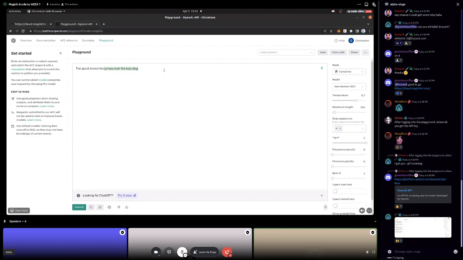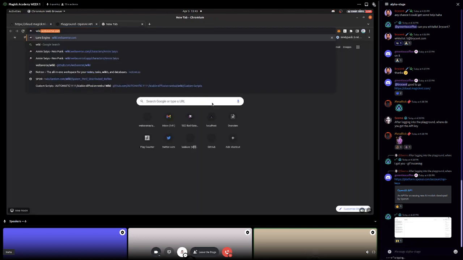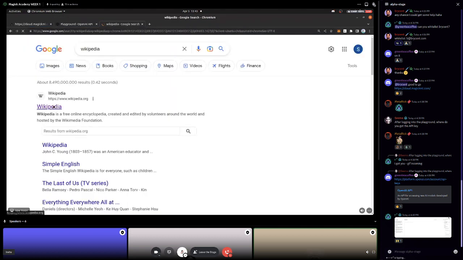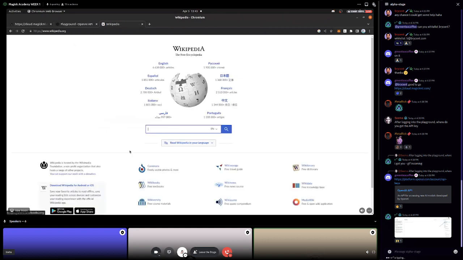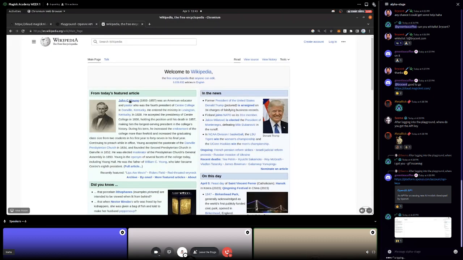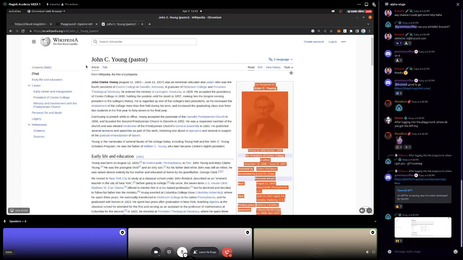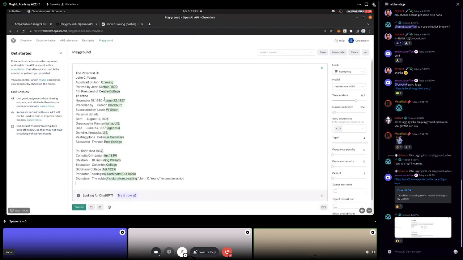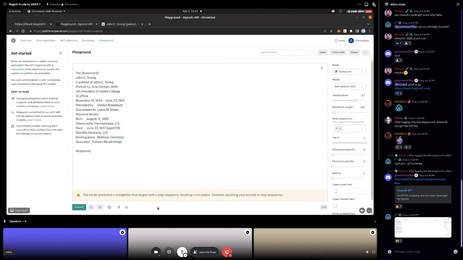So this is how we did AI for, I don't know, 2 years. We provide the context. We create a really rich context. We could pull some information from databases and get something from Wikipedia and then write this batch of context. I could go to Wikipedia, right? And I could just go grab, imagine that I'm a computer and I'm doing this dynamically. I'm not just doing it by hand. But I could go grab John C. Young. I could grab this and I could dynamically inject all of this information, whatever it is. And then, in response, I'd get something back. Didn't predict very much.